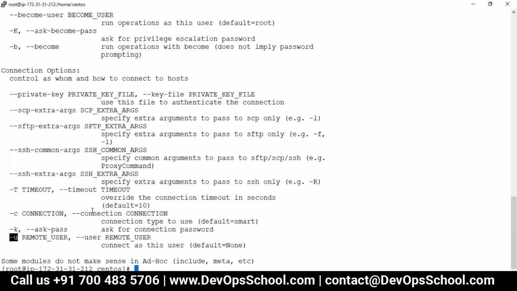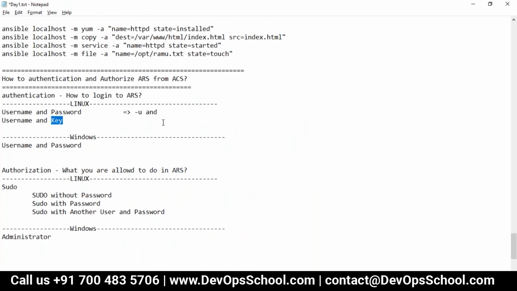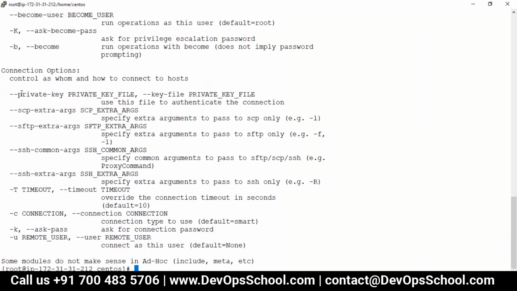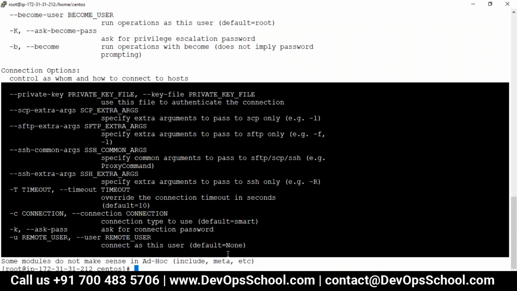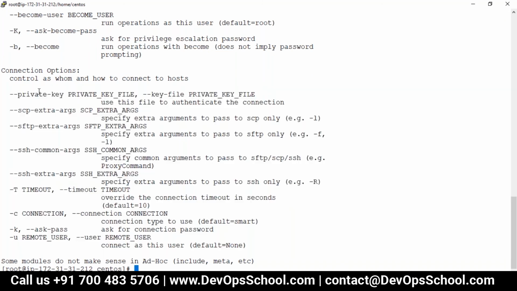So I need a password, no? -k, wonderful. So guys, you only have decided, and please do not ask me then. Username, I know that you only said -u, and key file, how do I select? Private key. Private key or key file, anything will work.